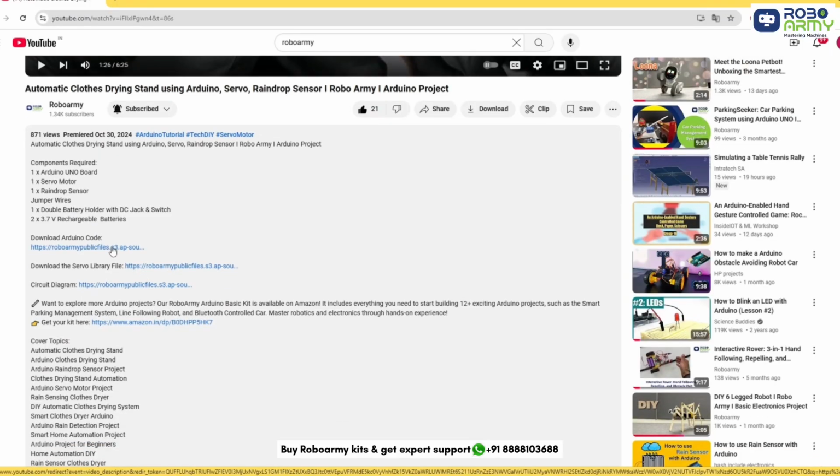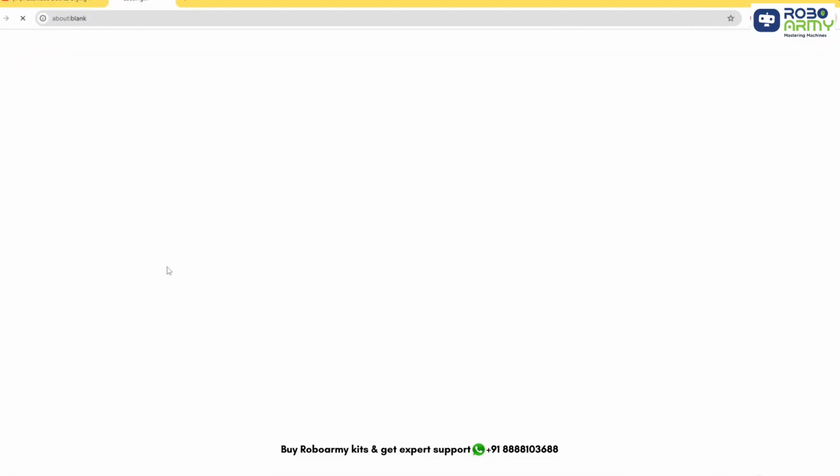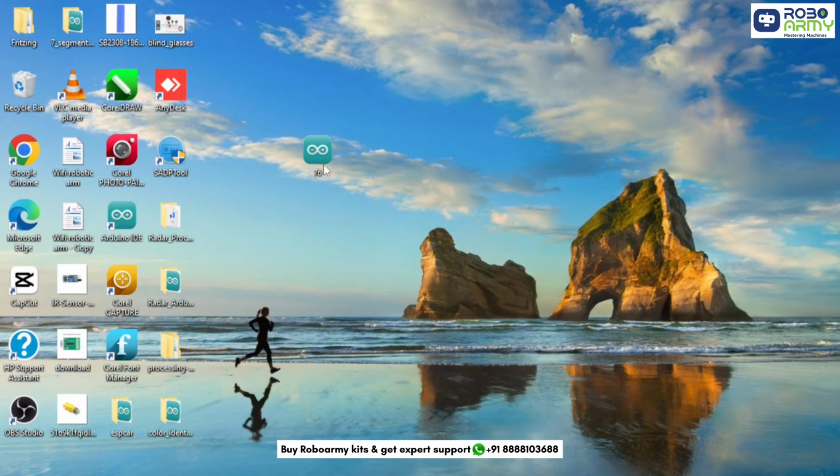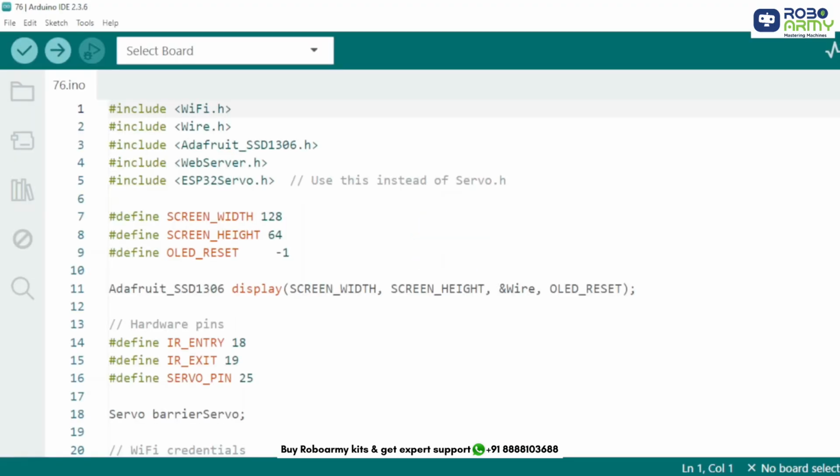Now download the code and library files given in the description below. Open the code and library files if you already downloaded the Arduino IDE, otherwise download the Arduino IDE first. Include the required libraries: WiFi.h to connect ESP32 to Wi-Fi, Wire.h for I2C communication used by the OLED, Adafruit_SSD1306.h controls the OLED display, WebServer.h hosts a web page that shows parking status, ESP32Servo.h controls the servo motor,